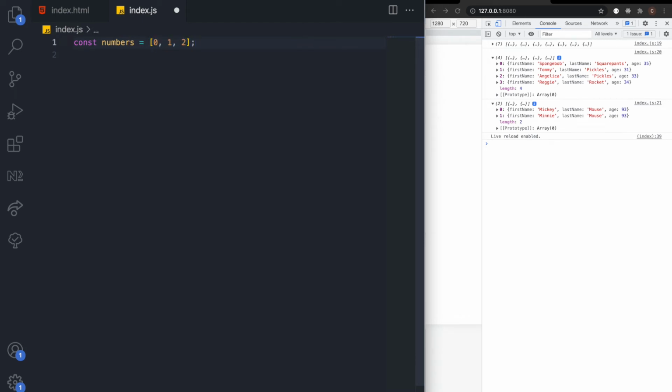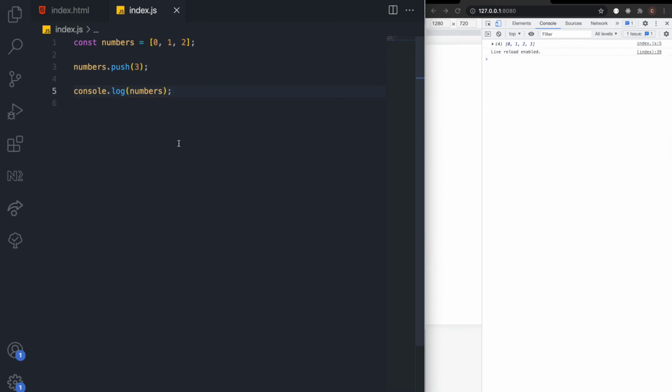Going back to our array of 0 through 2, if we call numbers.push and pass 3 into it and then log that out, saving that, we get the numbers 0, 1, 2, and 3. So 2 things to notice here. As I mentioned, we get the numbers 0, 1, 2, 3, so we see all 4 of them in the result. And second, notice that we logged out the numbers array, the original variable here, not a new variable, and